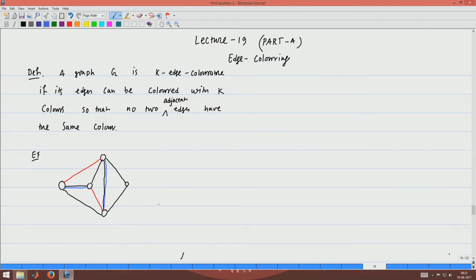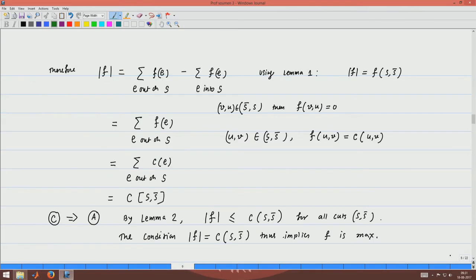I am not removing the black thing, and they are not two adjacent edges. Let me color this edge and this edge green.